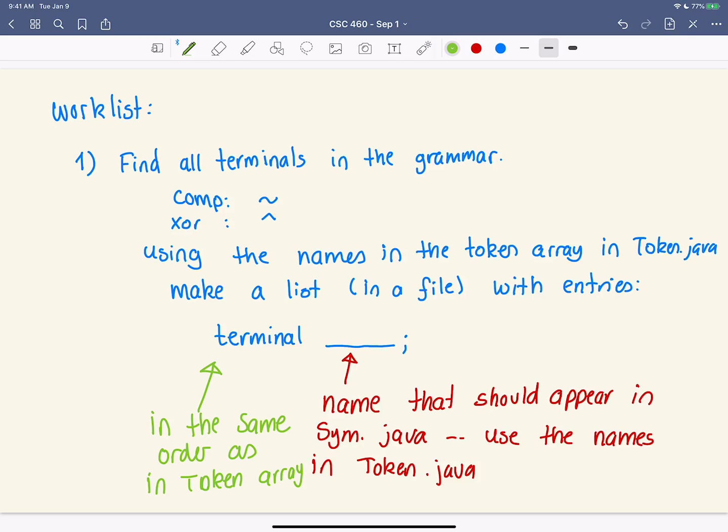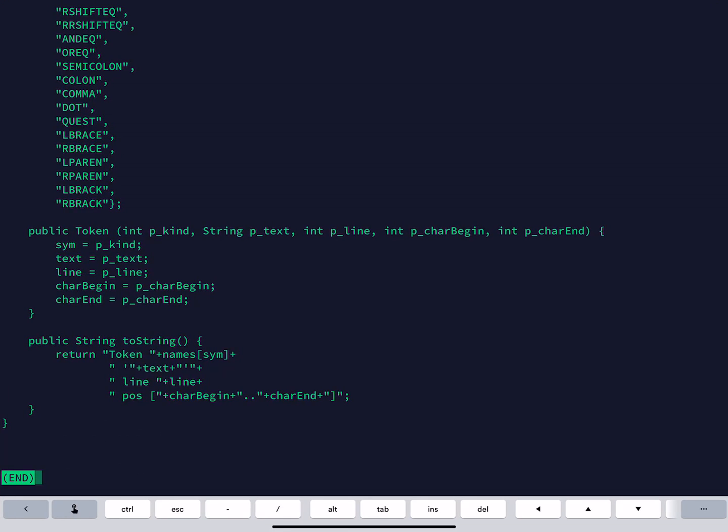In general, the order doesn't matter in the cup file. So this eventually goes in the cup file. Normally the order doesn't matter, but if you go and look at the bottom here, this toString